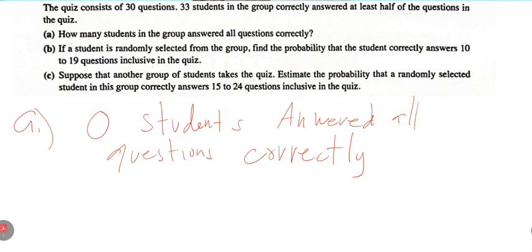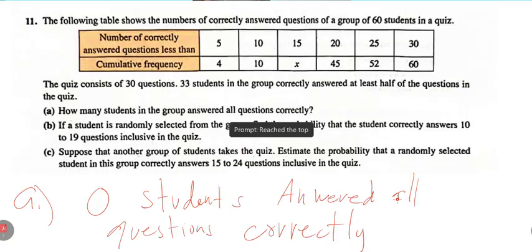Let's look at the probability of answering 10 to 19 first. Looking at the figure for 10 to 19, first we have the total,